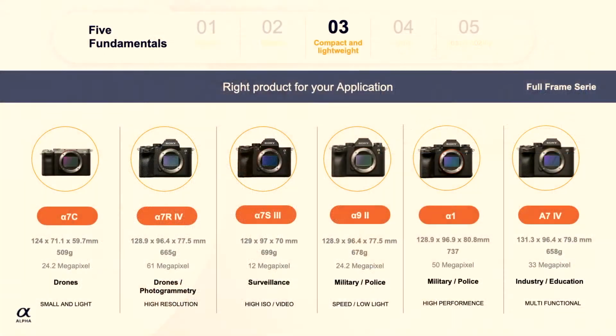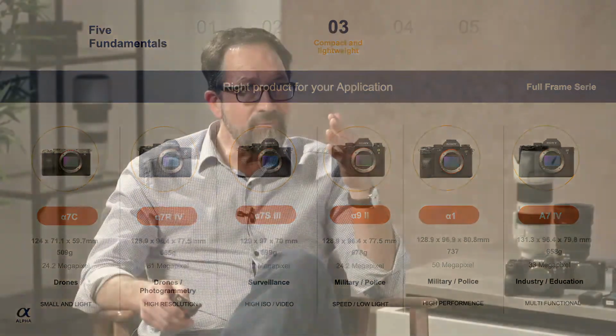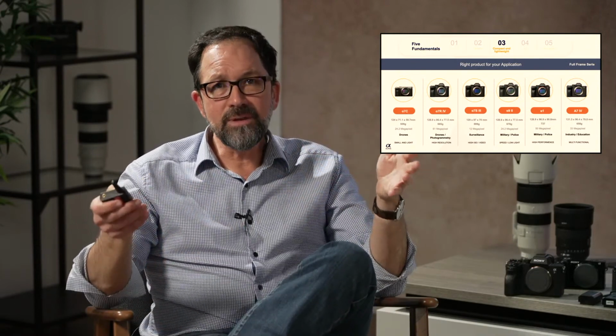The next two cameras are very fast cameras. So the A9 Mark II with 24 megapixels and the flagship, the A1, which has 50 megapixels and is even capable of 30 frames a second. And our latest camera, the 7 Mark IV, which is very diverse, which you can really use in different applications